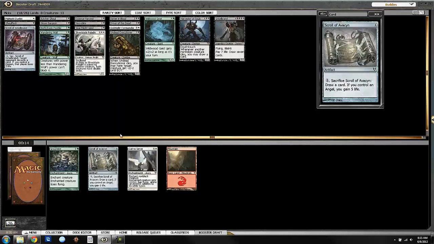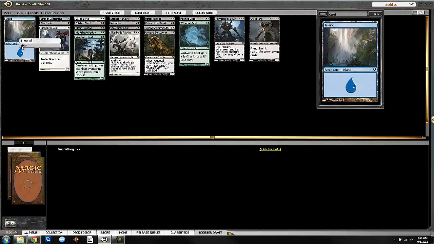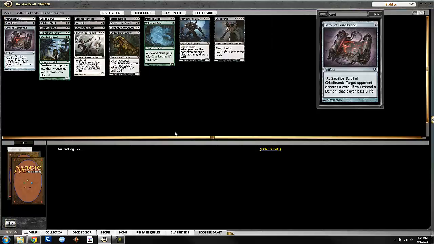No angels to speak of yet. So take a Call to Serve. So we're hoping to pick up some Bone Splinters, Human Frailties, Death Winds, Killing Waves, just black removal, hand it over. Fine with Righteous Blows as well. I still would like to get some 2 drops going. Happy with multiple Butcher Ghouls, Nearheath Pilgrims,